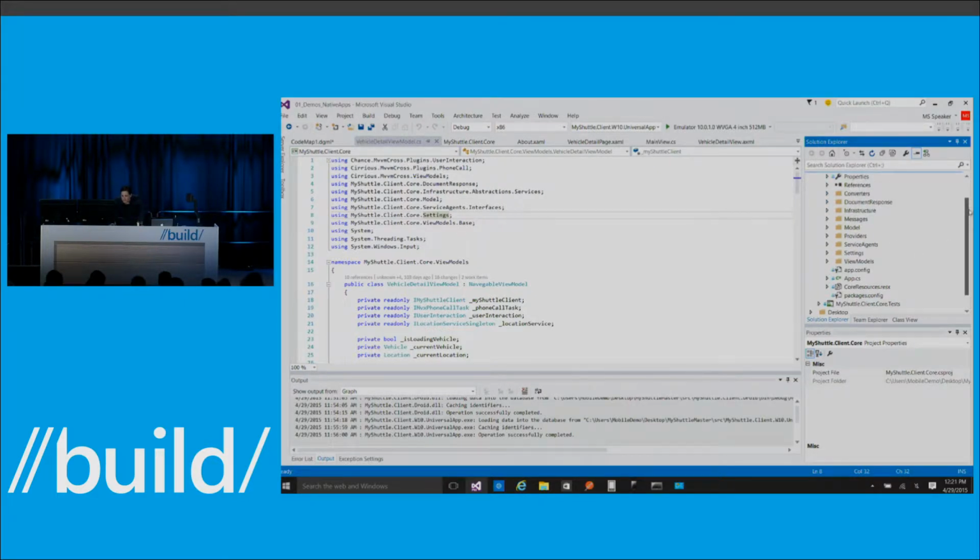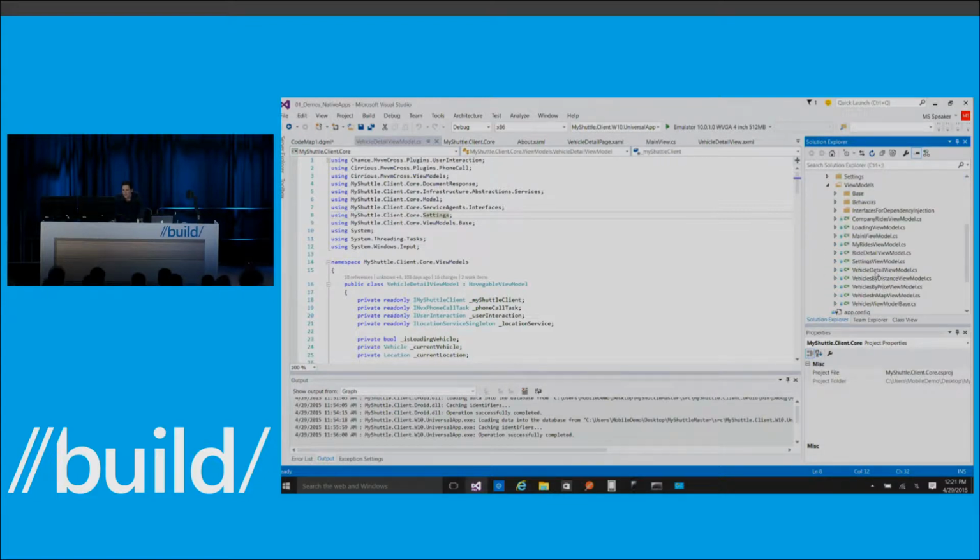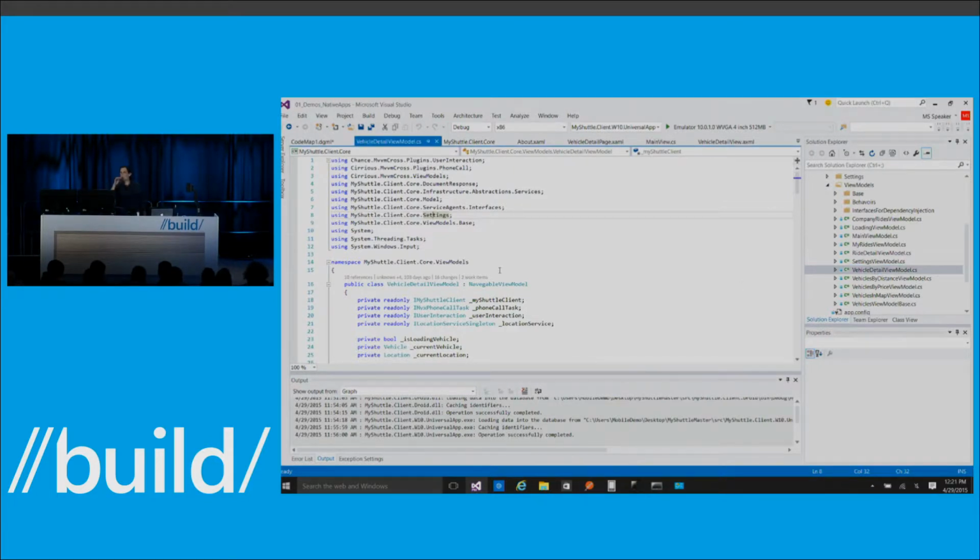The other thing that you can see here is that even the view models. If I think about something like the vehicle detail view model, this is basically defining a common view model that is common across all three of the different operating systems. And then we really have only the thinnest presentation tier that chooses how it should be rendered for each one of the devices. And in fact, true story, as of 3 days ago, we didn't have a version of this app for Windows 10. We built it 3 days ago. And the way that we could do that, and I'll show you this in just a second, is because most of the logic was defined in these portable class libraries.